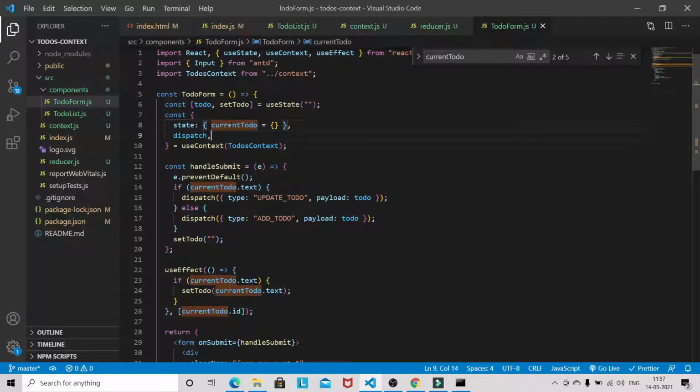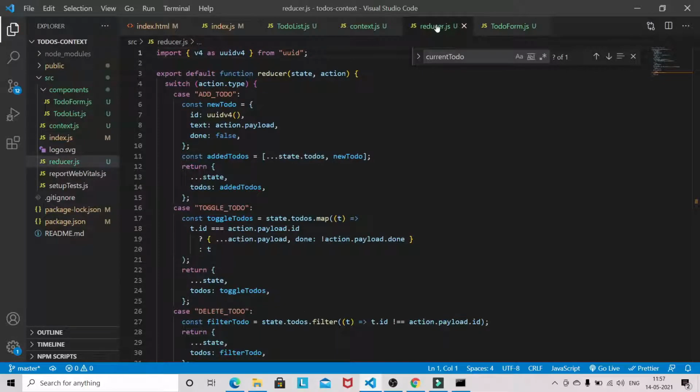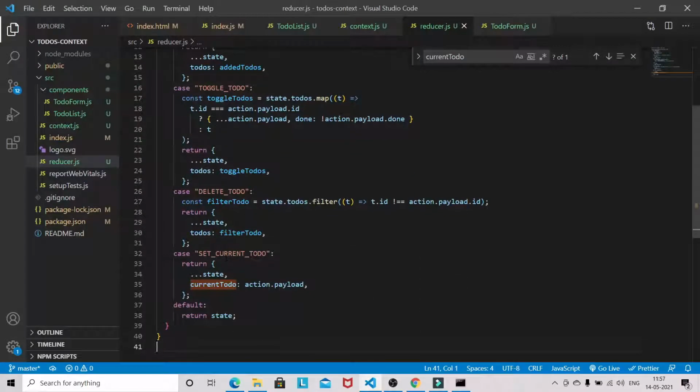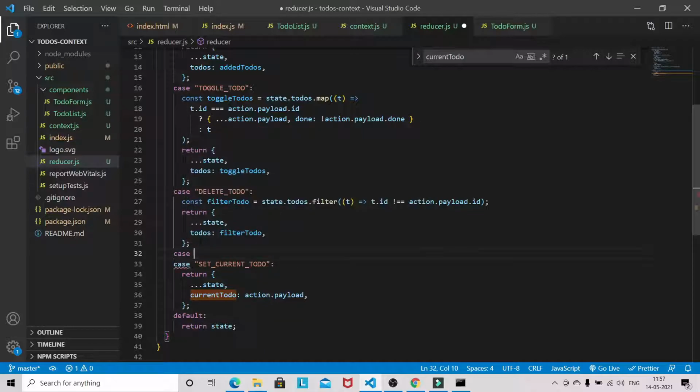Now we need to write the logic in the reducer for updating the to-do. So I will add that logic here, in another case.